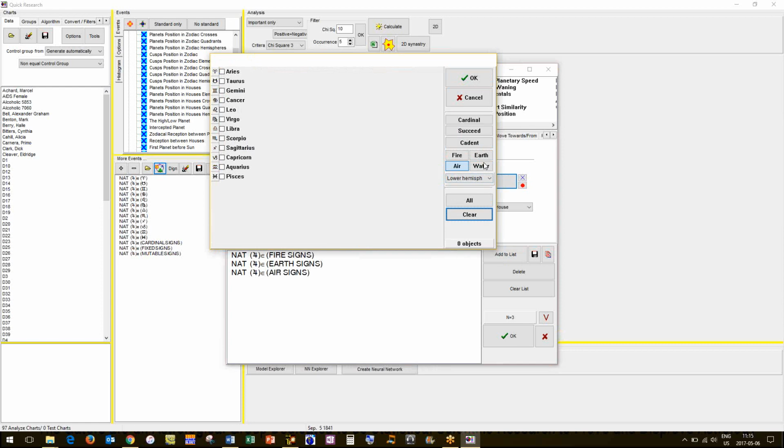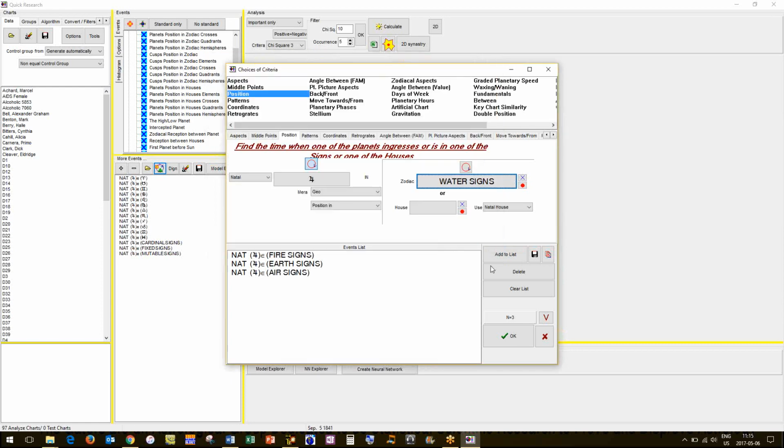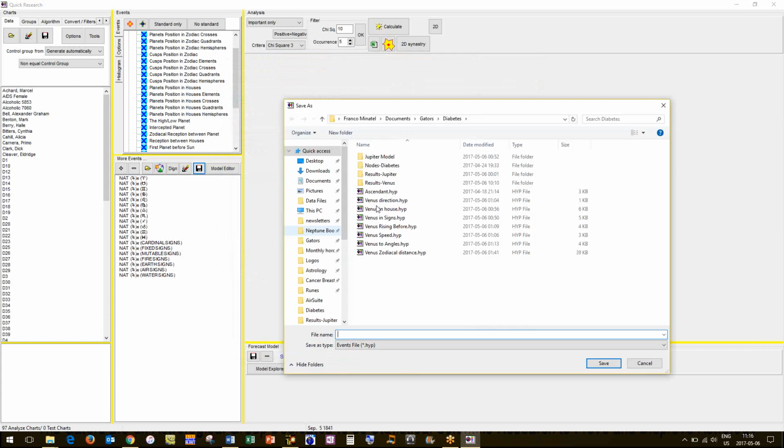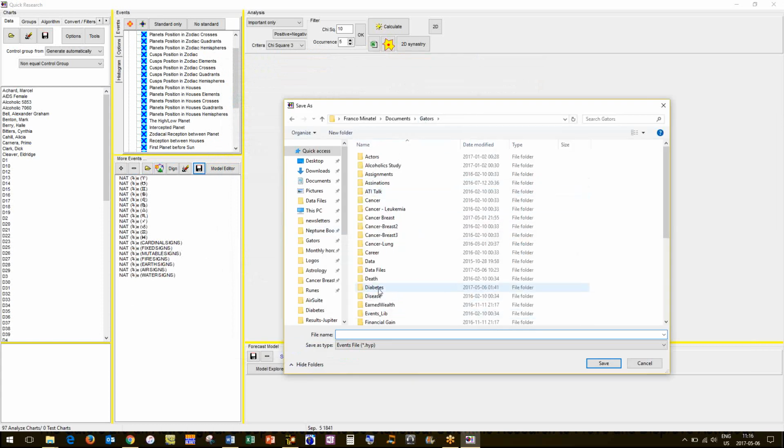And finally, water. Hit OK. So right now, what we have here is a model or preliminary check. Now, usually what I like to do is I like to save this. So I will come in here and, oops, diabetes.